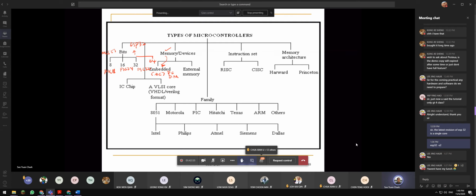Those days, like the MCS-51 family, we needed a lot of wiring. We got external memory like 2C64, all these things, but you need a lot of connections. This is the conventional type from those days, but we still have it nowadays. If it's not enough, you still need to use external memory, but it's not really recommended, because it's very tedious.